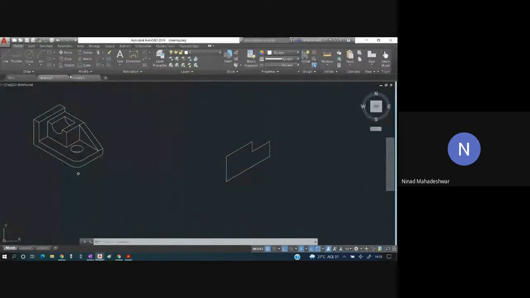So how will you do that? I will click on the line. Okay, from here I have already drawn a line of 20 mm. So from here I have to switch off the ortho command and hover over this entire line. So here you can see the midpoint. So I'll click on that midpoint. So I've clicked on that midpoint.